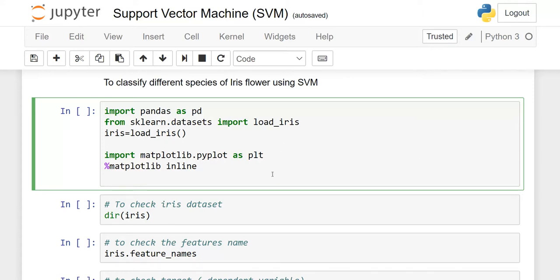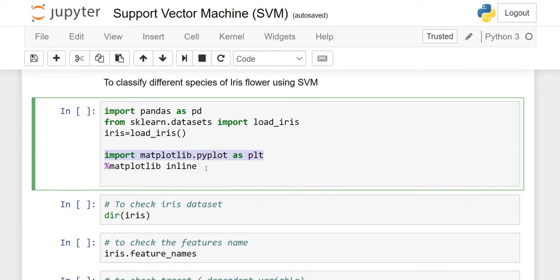In this project, we have to classify different species of iris flower using SVM, which means support vector machine. First of all, you have to import pandas. You know that visualization and cleaning is one of the most important parts of our project. After this, when we make the graph, it will be much easier to understand which model we have to apply. So import pandas as pd, and then